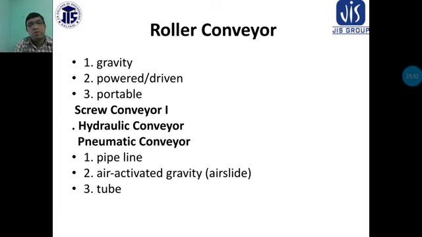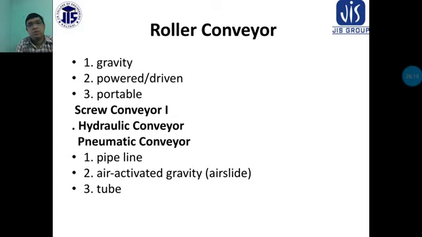In a few cases, the portable roller conveyors are used for the transfer of materials from one place to another place. Basically this portable roller conveyor is used for the transfer of materials, for example package materials will be transferred. And in a few cases, the packaging will be done here, but you have to transfer